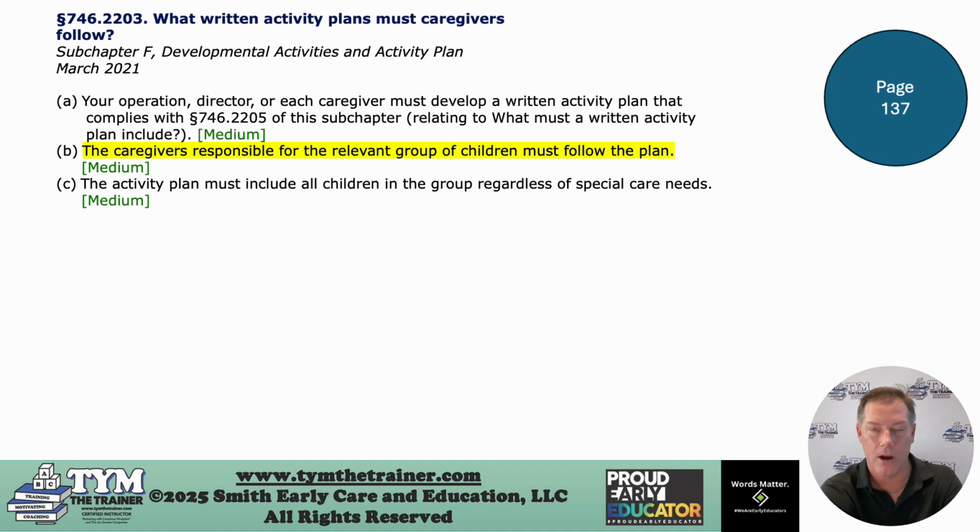Okay, you do have to develop a written activity plan. Caregivers are responsible for following your activity plan. So this could be a big deficiency right here. I just did a training a couple of weeks ago on staff supervision, and I talked about how, when the director's walking around the school and going in and out of the classrooms, before you step foot in that classroom, you look on the daily schedule. If it's 10:30 a.m., according to that activity plan, what should be happening on Monday at 10:30 a.m.?